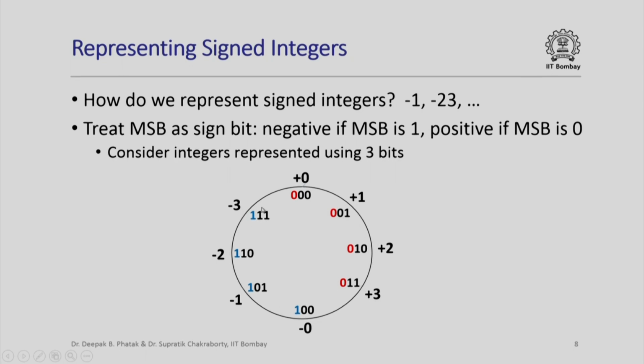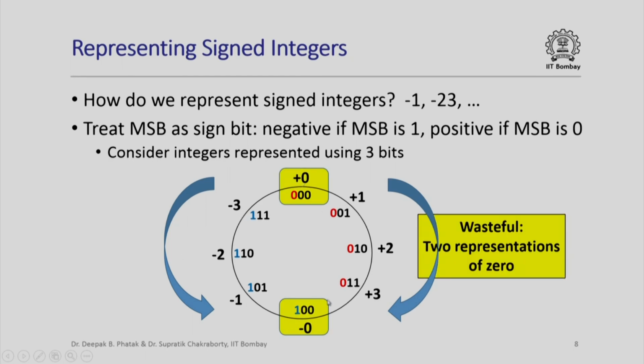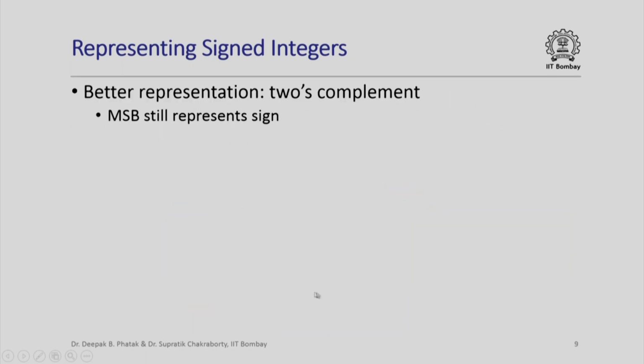All of these with MSB 1 are negative, and then the black part of the binary representation just gives me the magnitude of the number, which is 0, 1, 2, 3. So you see that the values represented are increasing this way, 0, 1, 2, 3, and also increasing this way, -3, -2, -1, 0, and in fact we have 2 representations of 0 here. So this is kind of wasteful, and so what we might want to use is another representation, which is called the 2's complement,